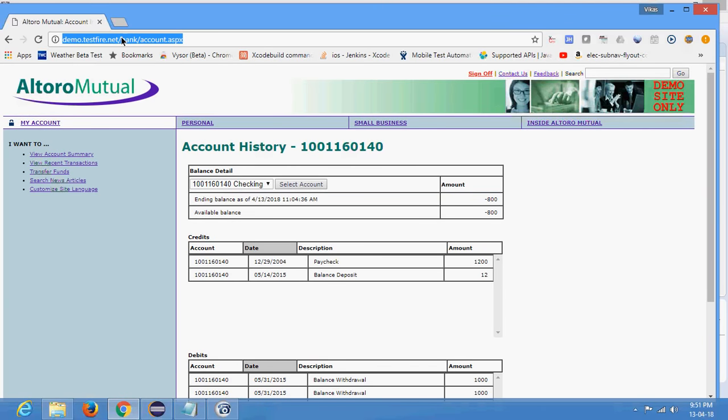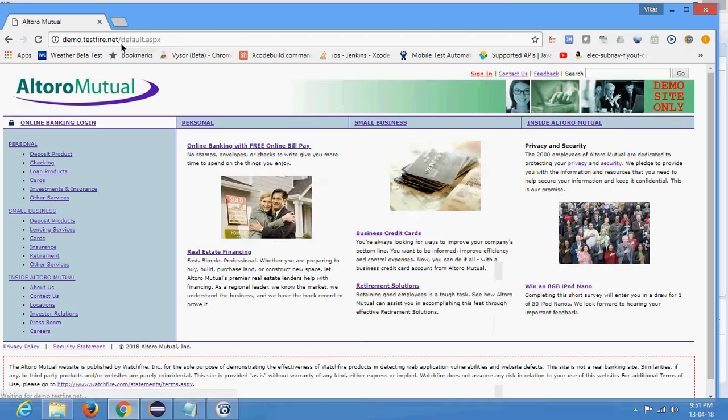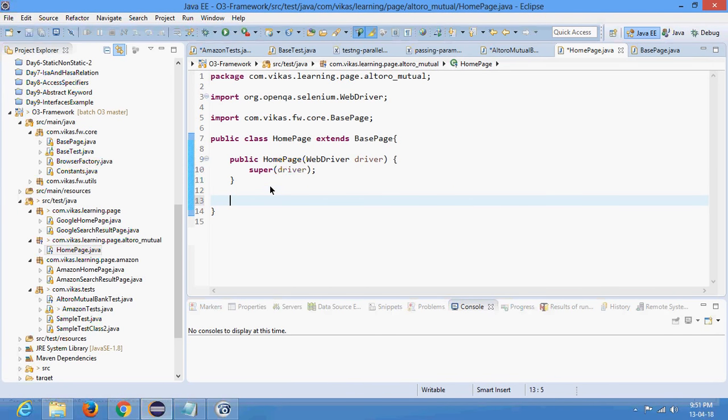Now if you imagine, let me just sign it off, and just go to the home page. Guys, this is my home page. As soon as you land on a home page, we need to click on online banking login link, okay, so that the login page will open. So this is the first step. So online banking login, let me copy the text, and there I'm writing